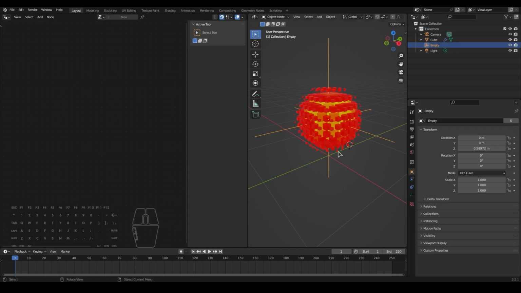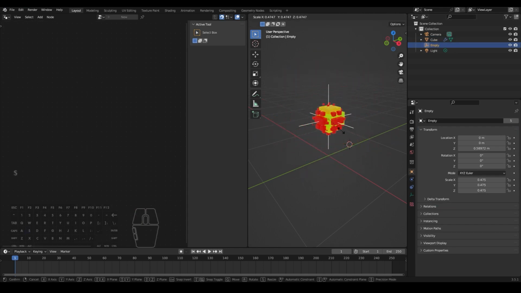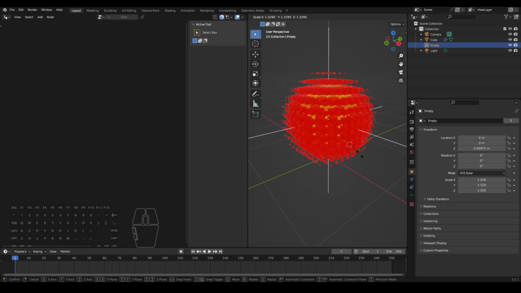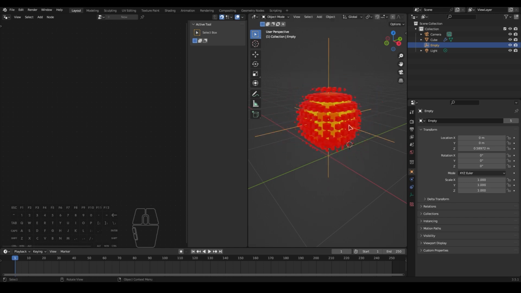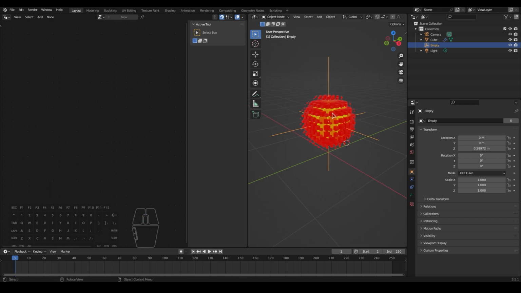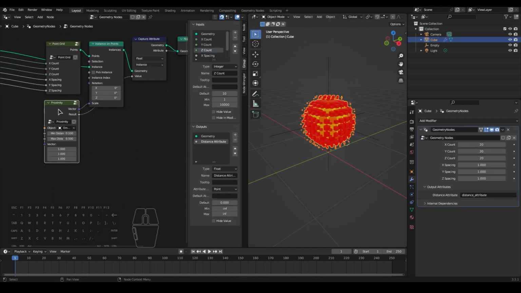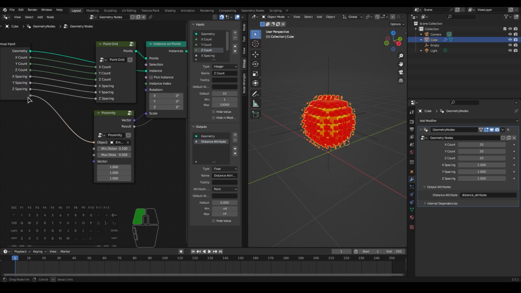Test if the scaling works by playing around with the empty object. If everything works perfectly fine, you can then tab out of the proximity node group. Let's also expose our proximity node group settings by dragging each of the inputs into empty slots of the geometry